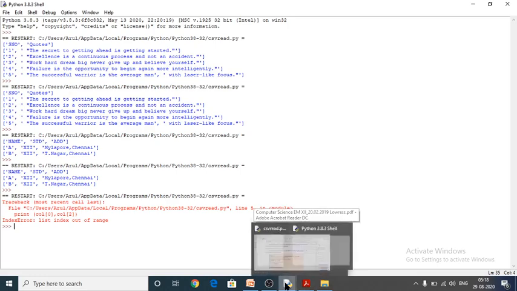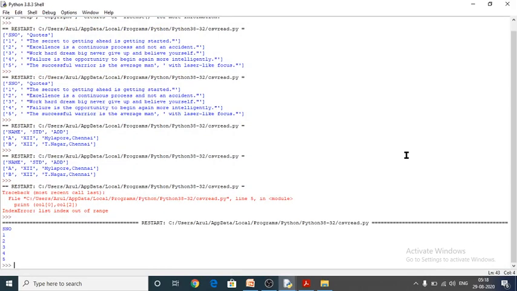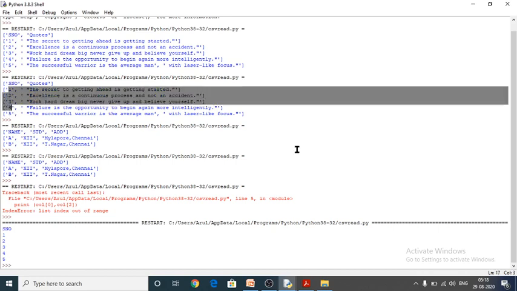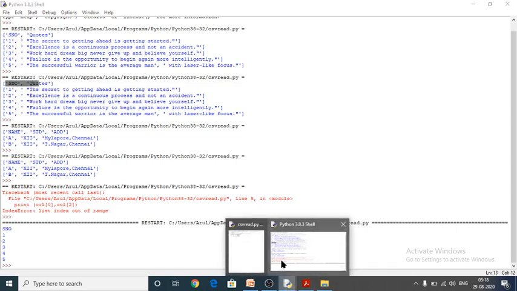So the column range has to be given differently. Control S, again we would like to save this one. Yes, serial number alone has been retrieved, because we have only two columns, serial number and the codes, so it gave an error.